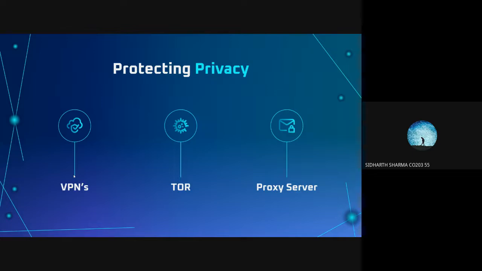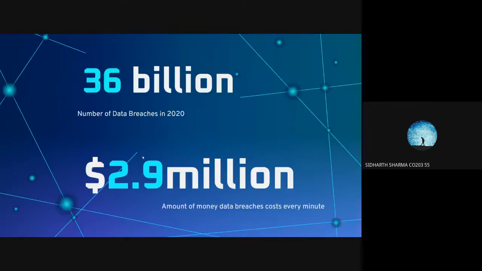And then there's a Tor browser, or the onion routing. This is one of the browsers that is used to access the dark web, and it also protects your privacy. I'm going to show you just in a minute. And then we have the proxy server. This is also a paid server, and the most accessible service that you can get is possibly Tor or VPN,